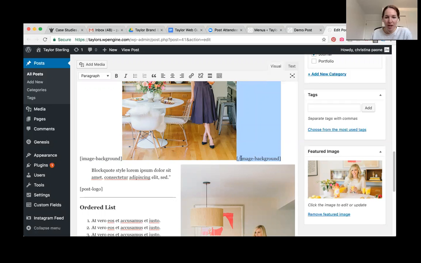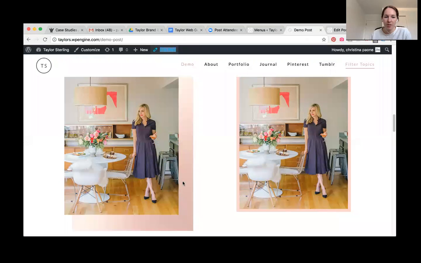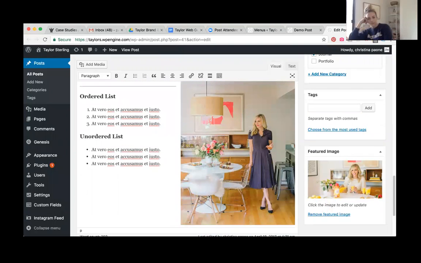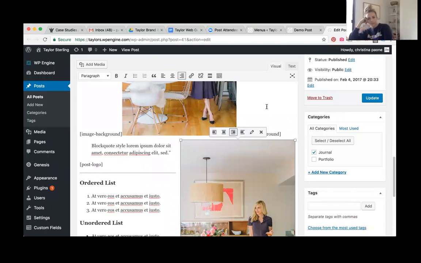So this one, image background. This is in the front part, in the visual part of the post, I can literally just do it like that, around the image. Yeah. And image background is the start, and then slash image background means the end. And that's the one that will give you this effect. And then this one,